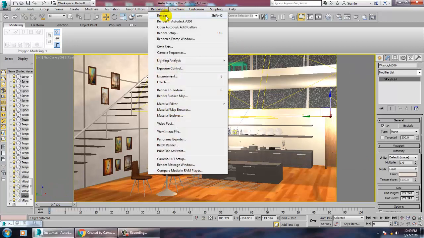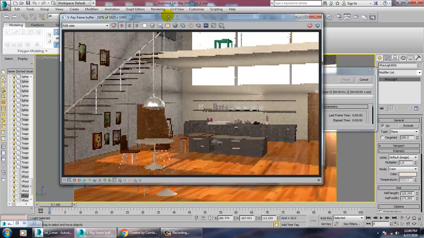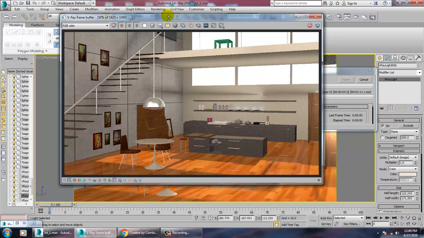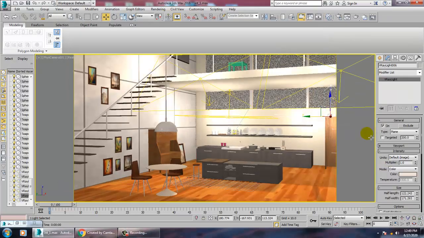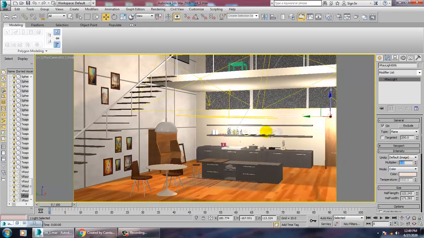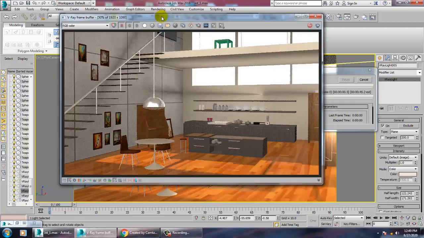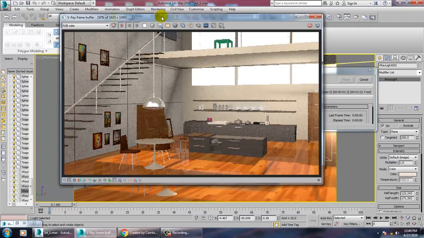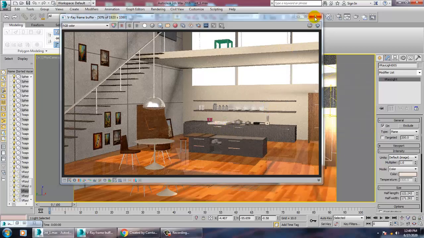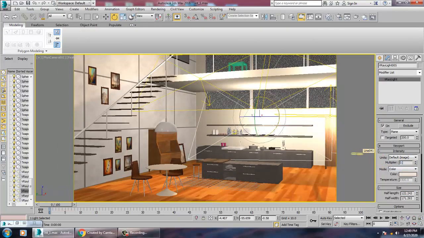So let's see how it looks. I think it's very high. If it is required, then only you put these lights, or else it's not that required. We can easily delete those lights also. So instead of taking two lights, we can take this as one light, and let's render it. Okay, the intensity should be a bit lesser.